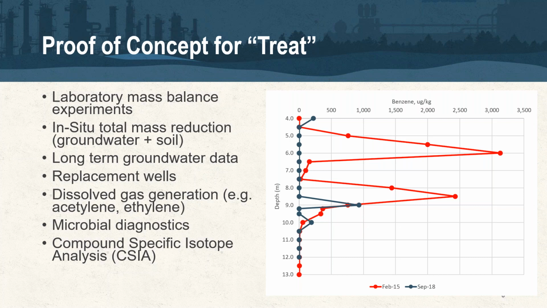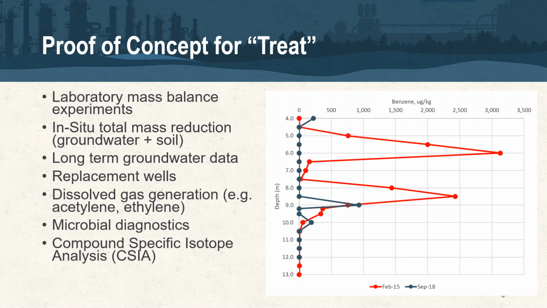But the same would obviously apply for a chlorinated site where, first thing that I'll draw your attention to is the time frame between the samples. So we're talking about 3.5 years in between these individual soil sampling programs. And so each of these dots represents a soil sample, and the pre in red is what we based our design upon, and the blue was some of the confirmation sampling that was done on the back end as part of the closure process. So we've got this type of information for, this was a project in Europe, but